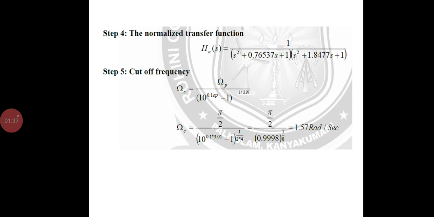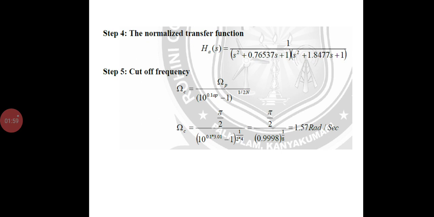And next we are going to find the normalized transfer function. Here, for n equal to 4, the normalized transfer function H of s equals 1 by (s square plus 0.76537 s plus 1) into (s square plus 1.8477 s plus 1). And in the fifth step we are going to find the cutoff frequency omega c